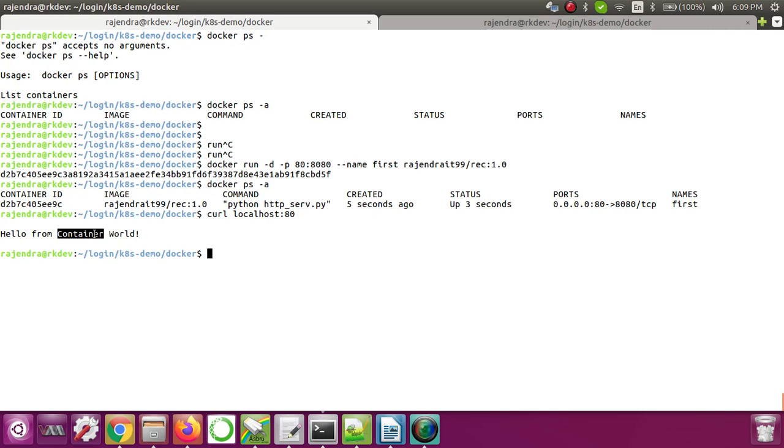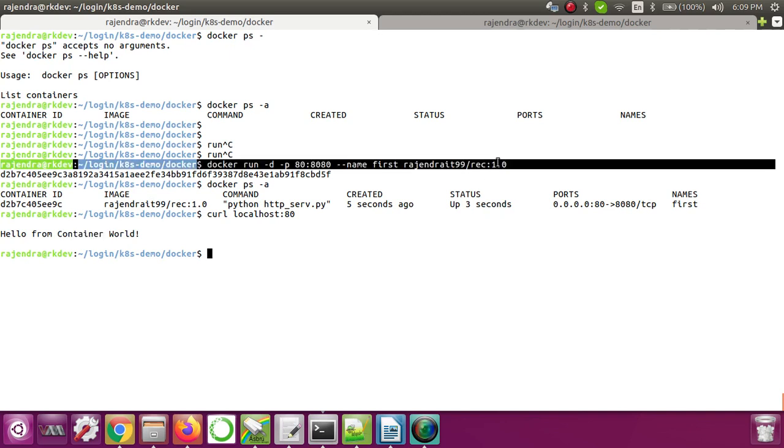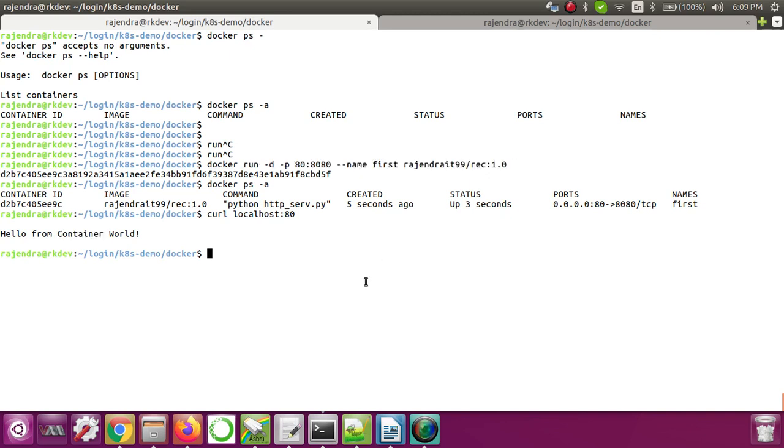Okay, now the next thing: you are giving some proper tagging for the image. But if you give a wrong tag, let me give 1.1, what will happen?